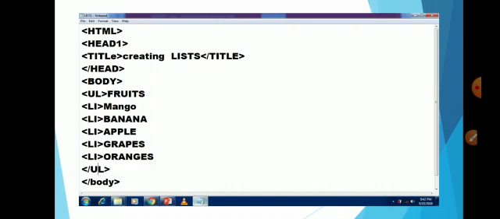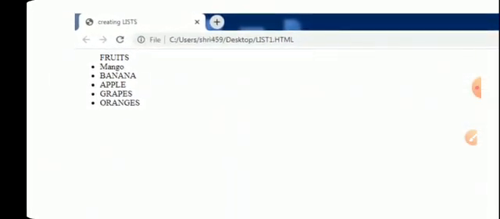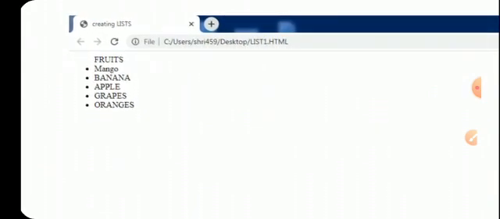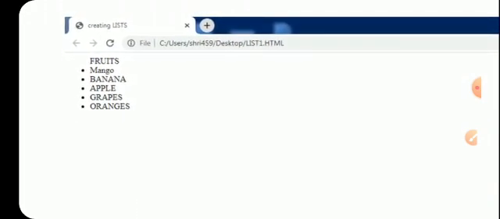Okay, now if you're writing everything, write down each and everything properly, and after that you have to close the HTML tag also. Okay, body tag is closed, head tag is also closed, so that is why only the HTML tag remains. Now see, default is this circle. Okay, a dot, means a black dot, it is your default bullet. Got it? Fruits was just like a heading: mango, banana, apple, grapes, oranges, whatever the pattern you have written, it will come the same way.